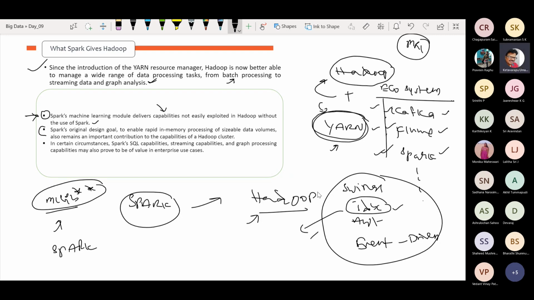The second thing is the narration of what exactly the capabilities of Spark are. Have a look at this, guys. Spark's original design goal is to enable rapid in-memory processing of sizable data volumes. Sizable data volumes in the sense that the volumes can be adjusted. Sometimes I may pick up a sample of the data: out of 1 GB, I can pick up some 100 MB, or out of 1 TB, I can pick up 10 GB of the data. So the sizable, adjustable volumes remain an important contribution to the capabilities of the